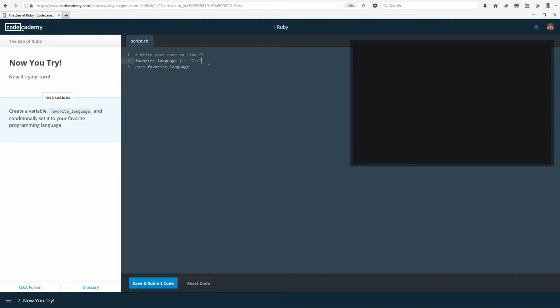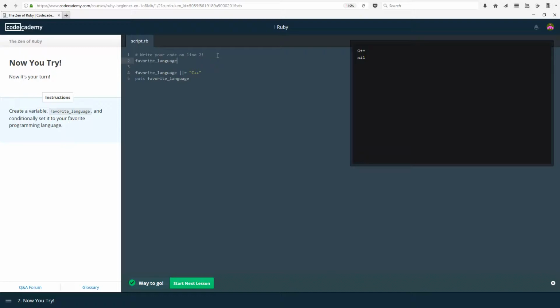And we have conditionally set it to be equal to that. Well, because we are just doing it right now, it hasn't been set to anything before this. Therefore, it is going to get this value, because before this it didn't even exist. Therefore, we get C++ on our console from the put statement. However, if we already did have favorite,